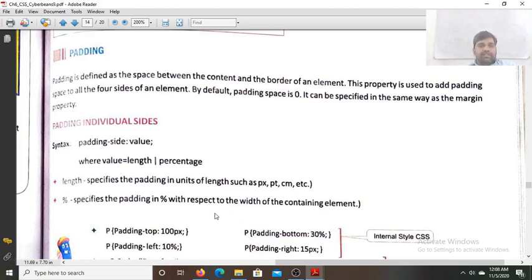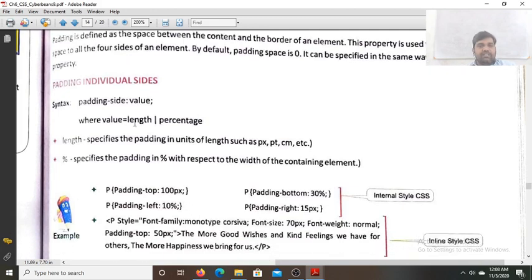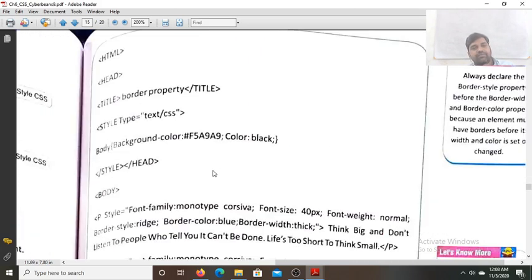Next is padding for individual sides. For the padding-side value, you can give length or percentage. Length specifies the padding in units of length such as pixel, point, centimeter, and percentage specifies the padding in percent with respect to the width of the containing element.